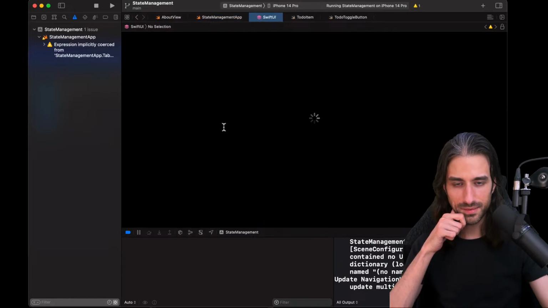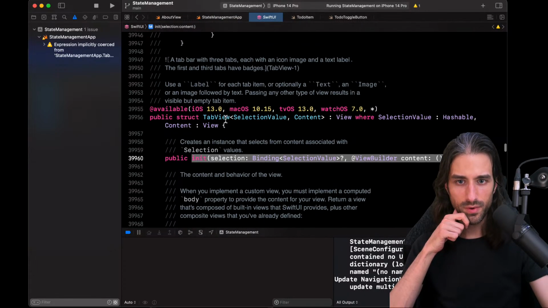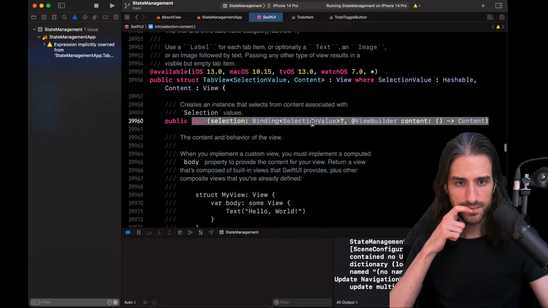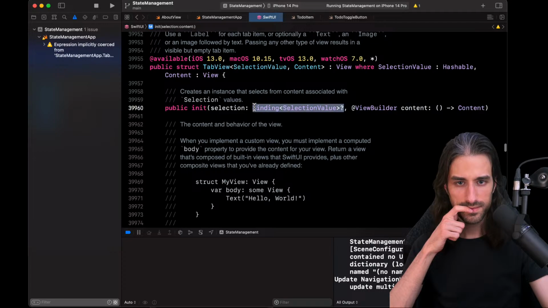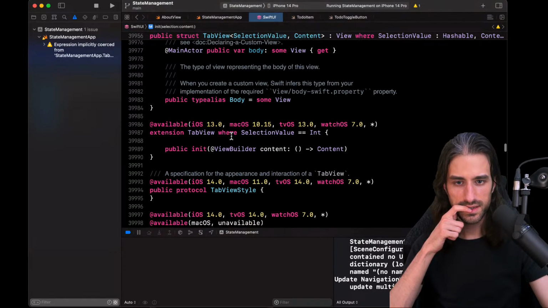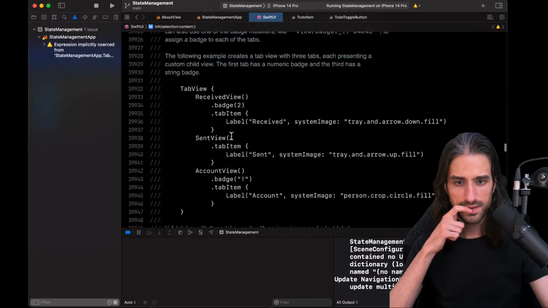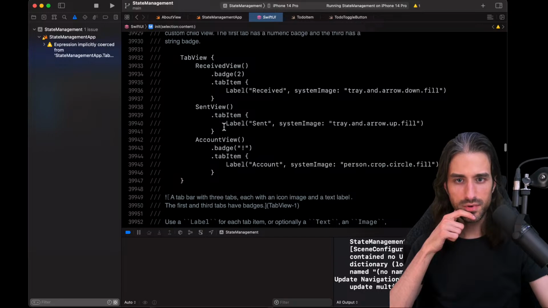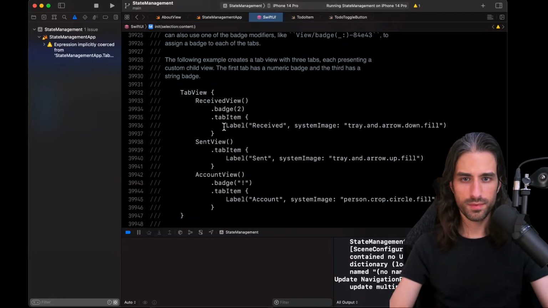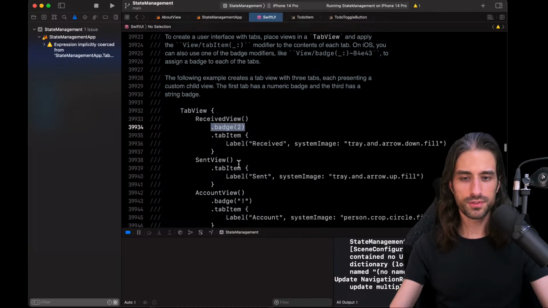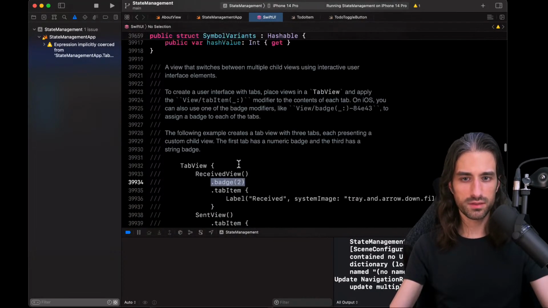Let's take a look at the way it's defined right here. So there is this thing right here. In the example, they don't show a lot of things, just so that you can also show a badge on the tab bar, as you would expect to be able to.